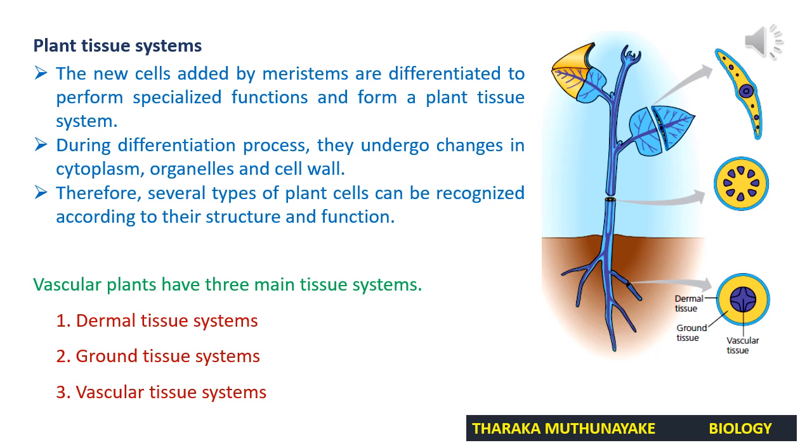Okay, then here we said this earlier. Vascular plants have three main tissue systems. Those are dermal tissue systems, ground tissue systems, and vascular tissue systems. So look at the diagram at your right hand side. Here in that diagram, dermal tissue system, which is the outermost protective layer of leaf, stem, and root, is indicated in light blue color. You can observe it in the leaf, light blue color margin or light blue color region found as the outermost layer of the leaf, stem, and root represent dermal tissue system.